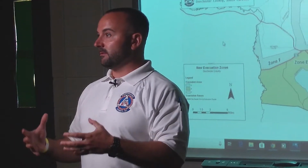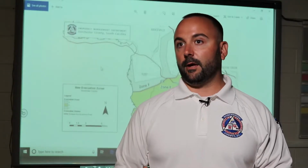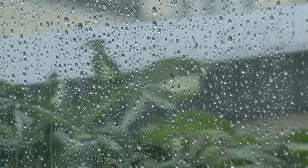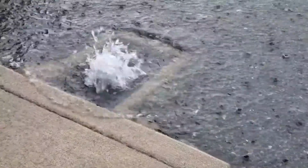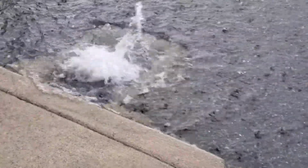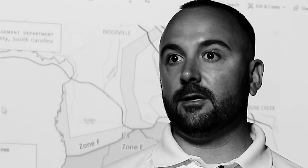The evacuation zones are only based on storm surge, so it's not taking into account inland freshwater flooding. So there are low-lying areas all throughout the county, and if we have a slow-moving Category 1 storm, Zone D might be ordered to evacuate, but plenty of other parts of the county are at risk to flooding that aren't going to be ordered to evacuate. So it's really important that in any storm scenario, residents are monitoring the forecast, monitoring their local conditions, and they're